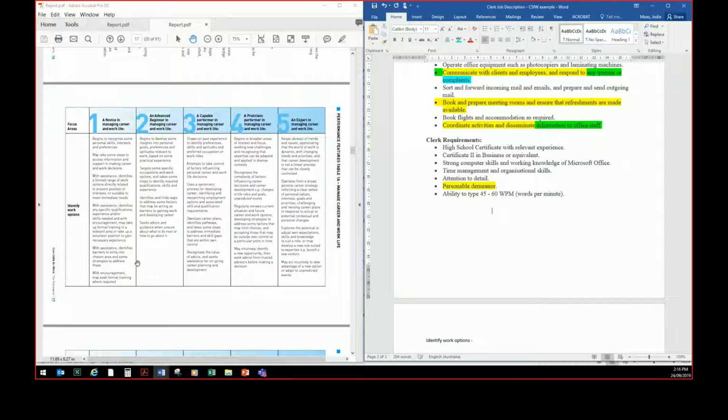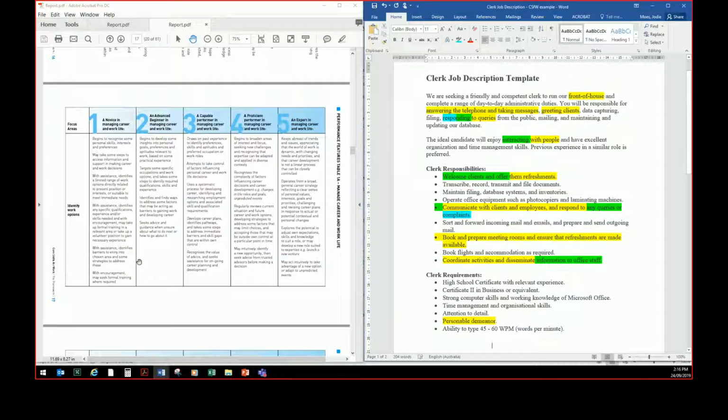Now, when we think about this job position and we think about identifying work options, this person should have relevant experience and previous experience. So I'm just going to make that pink. In addition to that, they should have a business certificate level 2. So again, I'm not quite sure if we're at level 1. I'm thinking more level 2, level 3. So if we have a look at the criteria there,